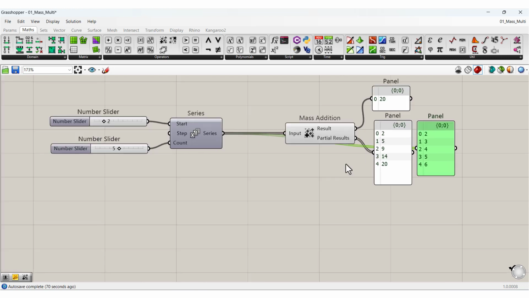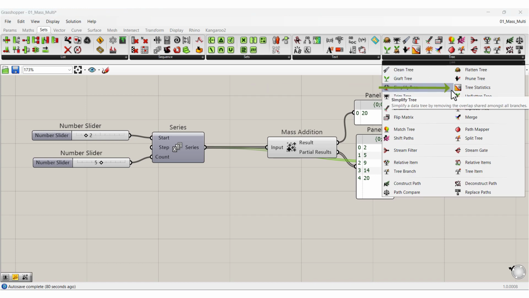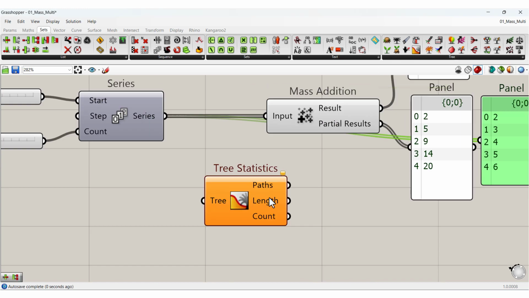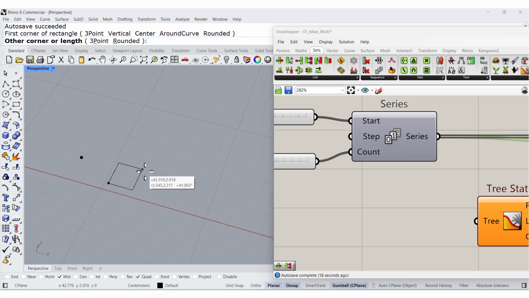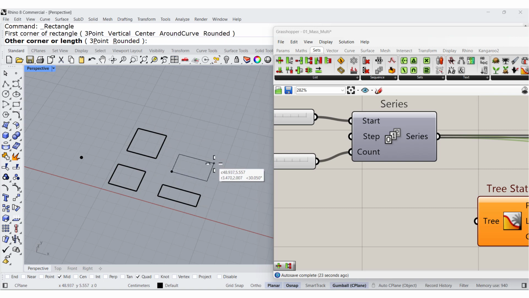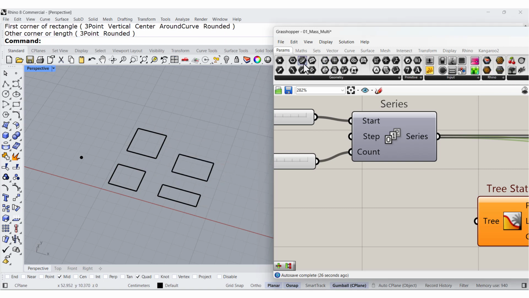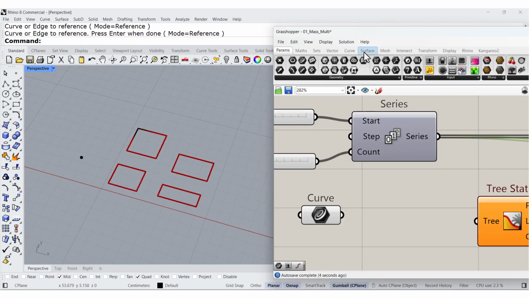So I use this one a lot when we are finding out with statistics the length of each path, and I need to know how many items are located inside this tree. For example, if I have this one, this one, this one, and that one, and I select all of them, all of these, and I go to